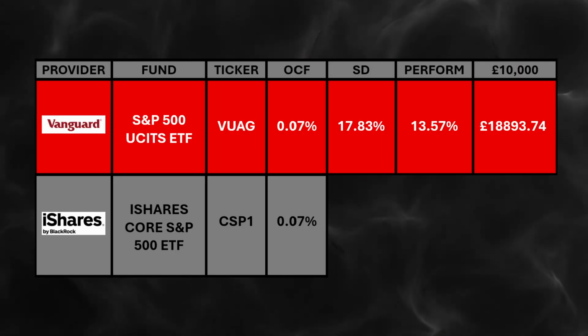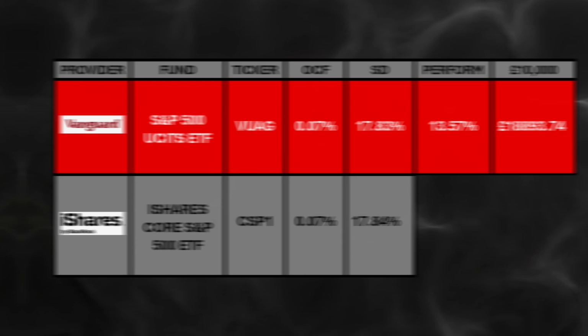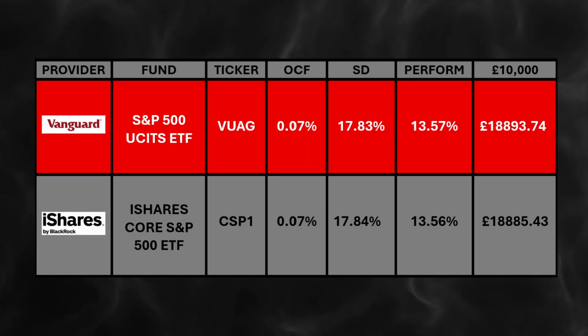The ongoing charge figure for this one is the same as the last at 0.07%, with the technology sector accounting for a slightly smaller 32.12% of the fund, and the top 10 companies account for a smaller 34% of it. The 3-year standard deviation for this one is almost identical, 17.84%, and the Sharpe Ratio is also 0.42. The 5-year annualised return for this one is an almost identical 13.56%, thus providing similar returns if you invested that